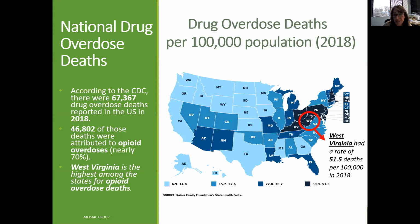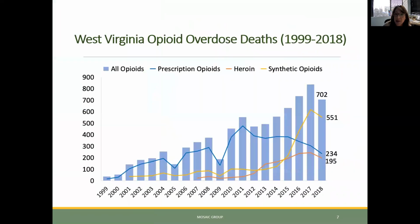When we look at the impact of the epidemic on deaths, which is really sad, and again, we look at the map and where West Virginia sits. Sadly, West Virginia is at the top of the list nationally in terms of the rate of deaths per 100,000. And when we really unpack where those deaths are coming from, and we look historically, as you can see here